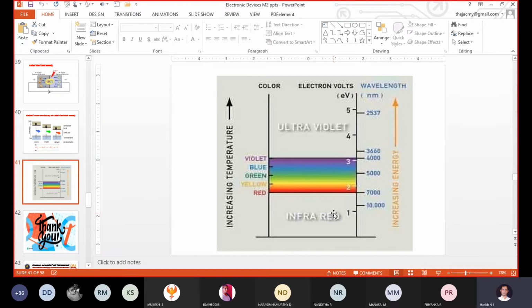Even your silicon diode is also emitting light, and even a germanium diode is also emitting light. Your silicon energy gap is 1.2 electron volt. Your germanium energy gap is 0.74 electron volt. So even those two diodes emit light, but unfortunately that light is in the infrared range, which is invisible to our eyes.